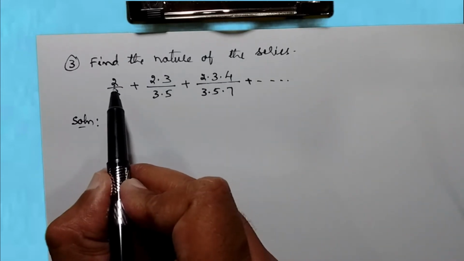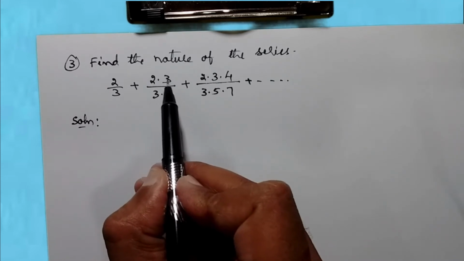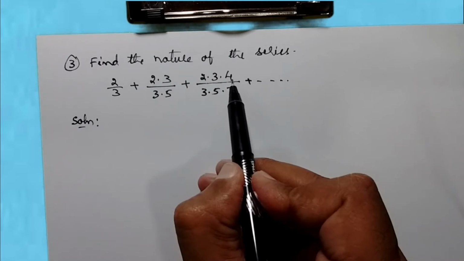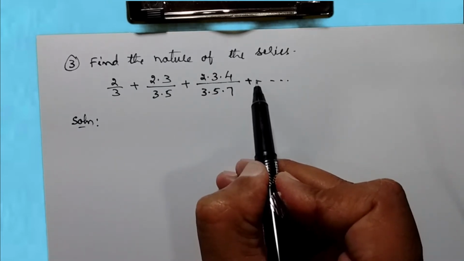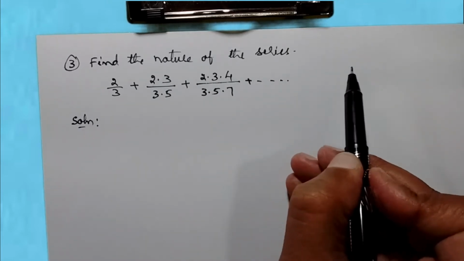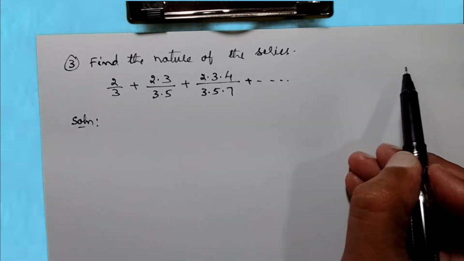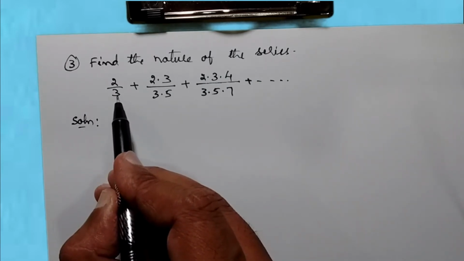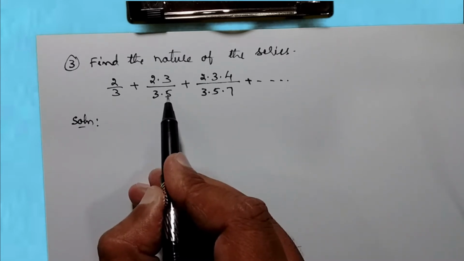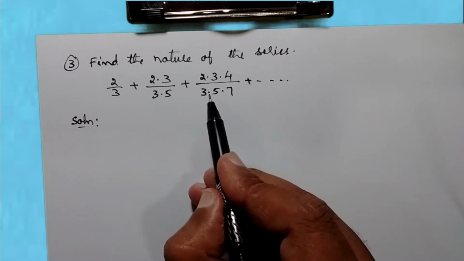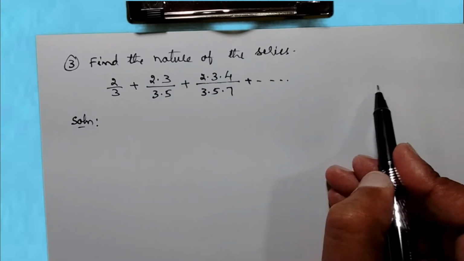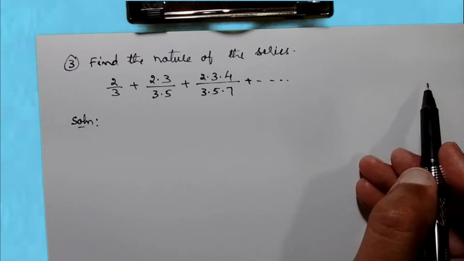We see the first term is 2, in the next, 2 and 3 are multiplied, so 2 terms have become. Next, the third term has 3 terms. The fourth term should have 4 terms, the fifth term 5 terms. So the nth term will have n number of terms in the numerator. Similarly in the denominator, the first term contains 1 term, 3. The second term, 3 is multiplied by 5, so 2 terms. The third term will contain 3 terms, the fourth term 4 terms, the fifth term 5 terms, and so on. The nth term will contain n number of terms.